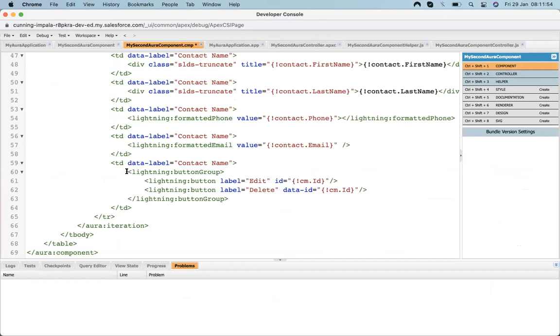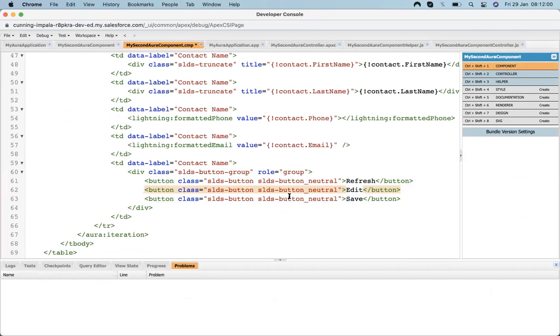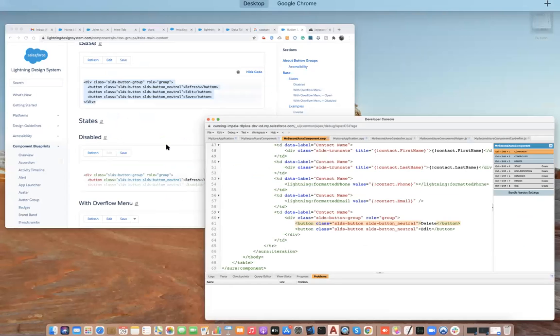That will not be possible, so I'm changing this. Instead, I will use SLDS. SLDS will help us to do everything; it helps with customization. So the UI will not change.